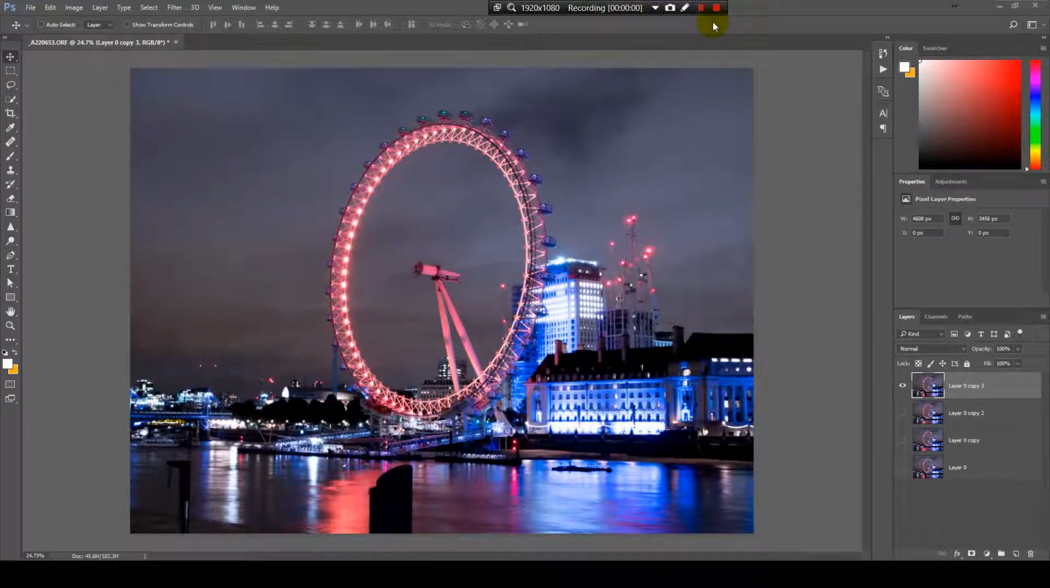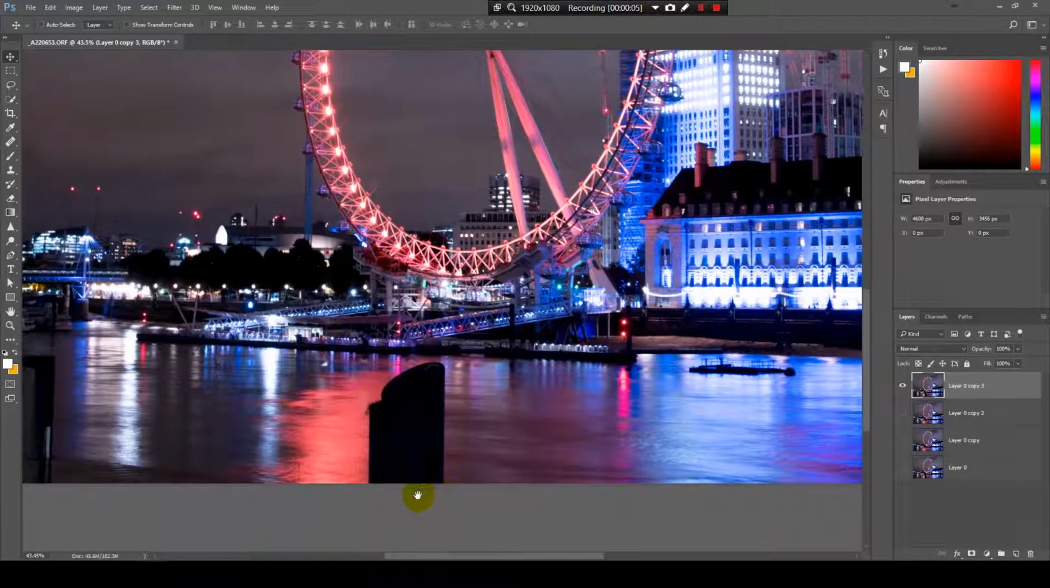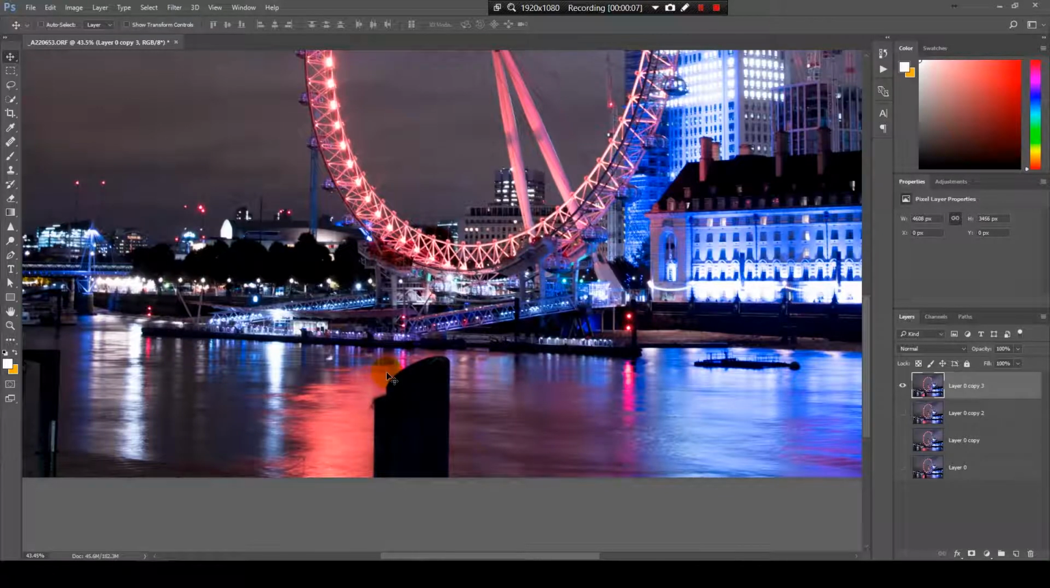So let's remove an object from this picture. I will choose to remove this pole over here. To do that, I will choose the healing brush tool. The healing brush tool